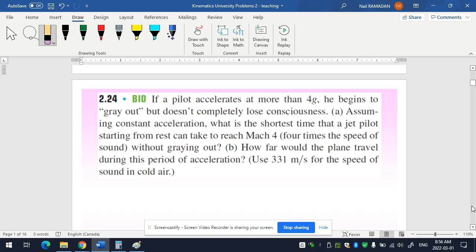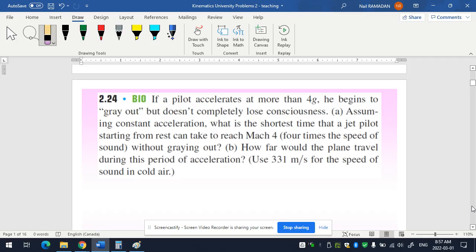All right. So he begins to gray out. Graying out is basically like fainting a little bit, but doesn't completely lose consciousness, because of the circulation in their head. Assuming constant acceleration, so assuming the 4G was applied the whole time as a constant rate of acceleration, what is the shortest time that a jet pilot, starting from rest, obviously the plane is still stationary,